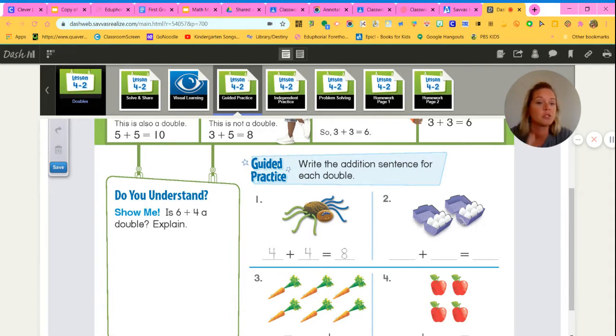So I might talk through this one. Oh, how many do you see here? And I just act like I'm a kid, but 2, 4, 6. You're right. I see 6. Doubles mean 6. How many more? Oh, it's going to have to match. How many altogether? And so I talk through and teach this,